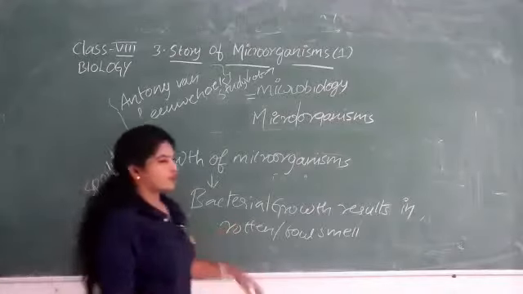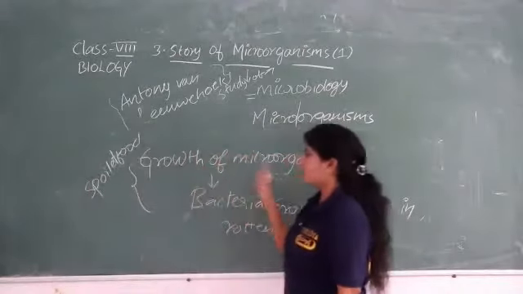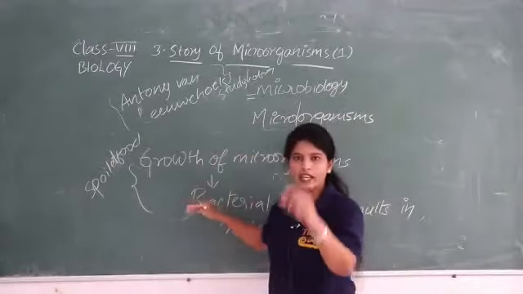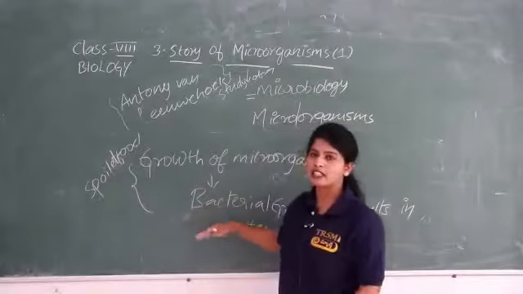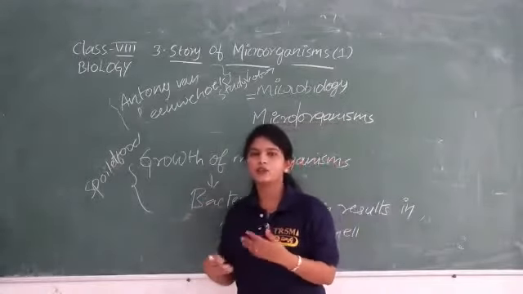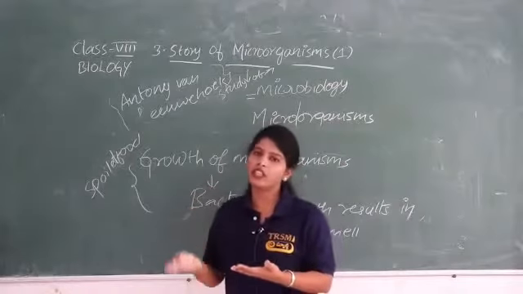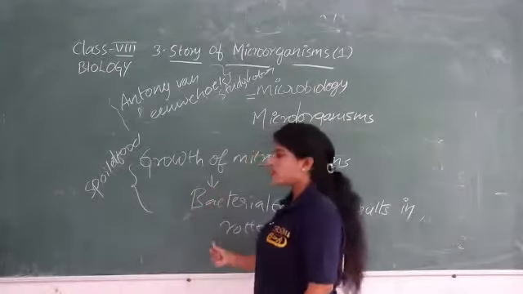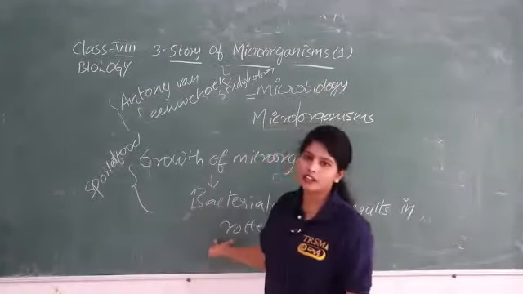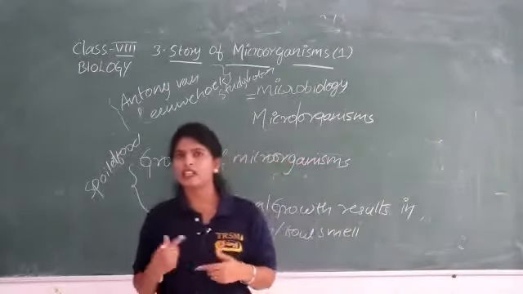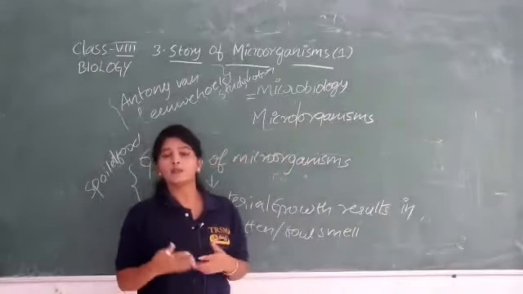Right? The food is spoiled here, and why is it spoiled? Because of the growth of microorganisms. Here one kind of microorganism, the bacteria, starts to increase. The bacteria increase in concentration and in number, thereby releasing the foul or rotten smell. So this is the kind of bacterial growth that you will observe in spoiled food.